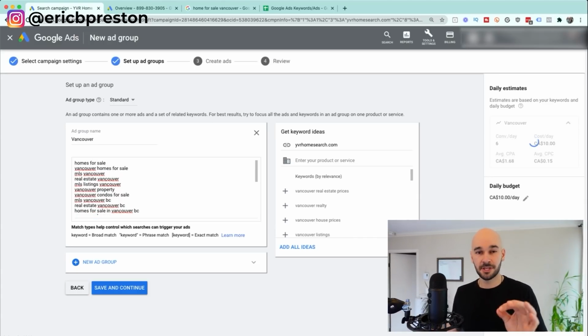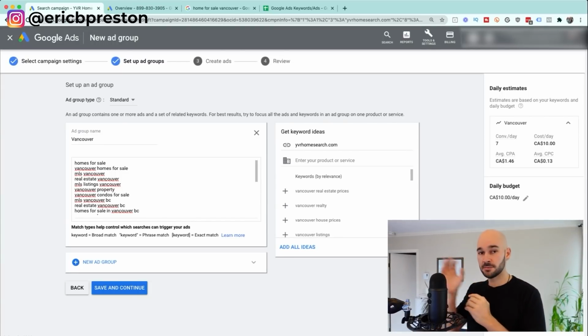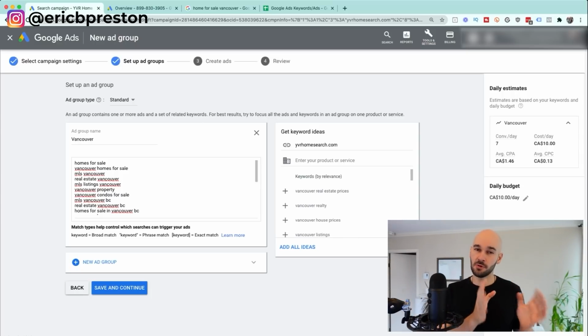Okay, now that's tricky because if someone in Vancouver searches homes for sale, they might actually be looking in Toronto or New York. And it doesn't mean they're searching for homes in Vancouver. So you don't want your ad, if you're a Vancouver real estate agent, to show up in that specific case. So the reason is because if you don't put any